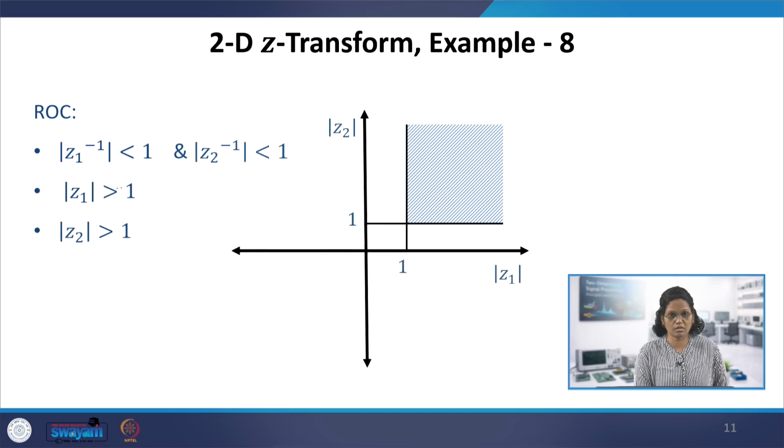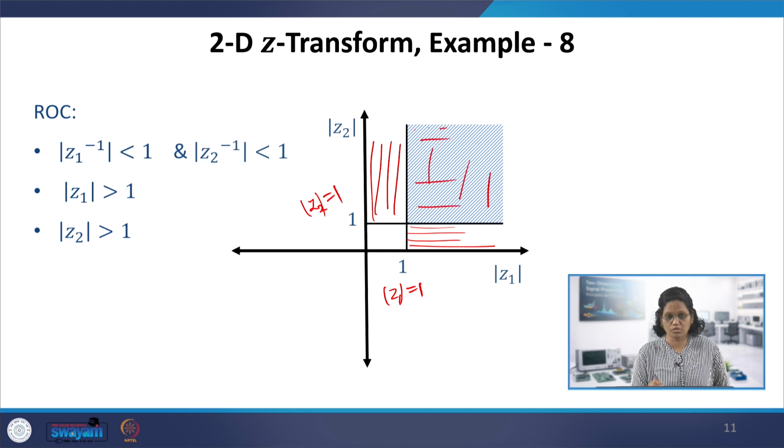So Z1 is greater than 1 and Z2 is greater than 1. Z1 equal to 1 is this line, and Z2 equal to 1 is this line. Z1 greater than 1 corresponds to this portion, and Z2 greater than 1 also corresponds to this portion. So the intersection of the two is the region here. This is the ROC here, the ROC of the step sequence,